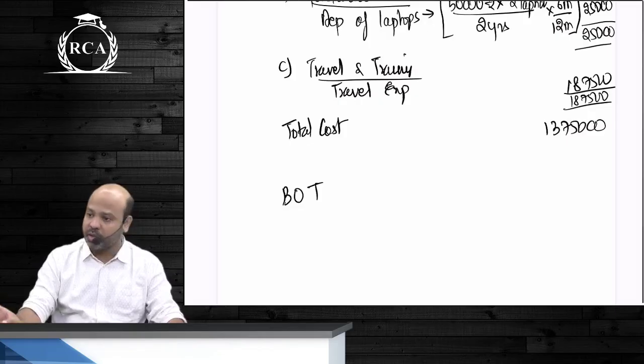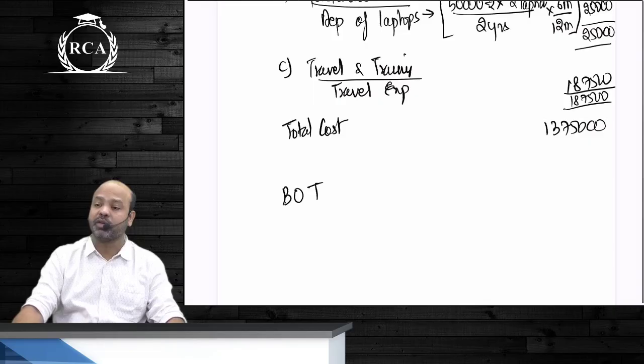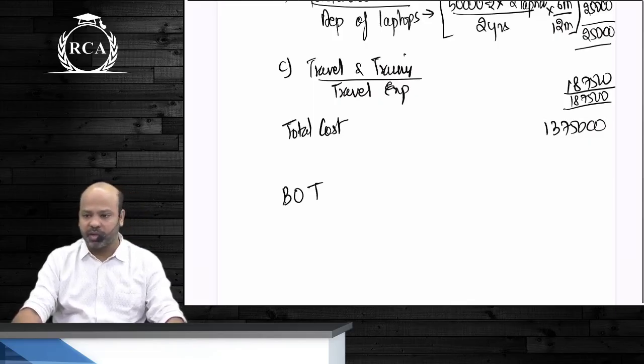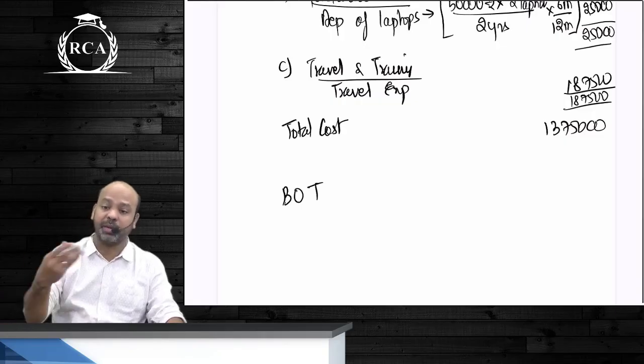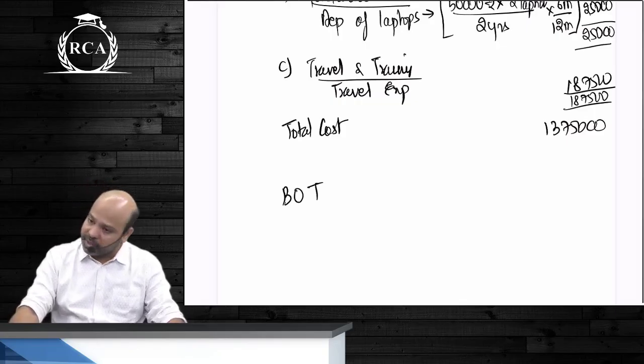Are we all clear? You just divide the cost into 2 categories, beta, called capital cost, that is the cost of constructing the entire project. And then, beta, there will be operating and maintenance cost. Usually capital cost will be directly given in the question. We will only have to take depreciation of that capital cost. You will not include the entire capital cost in your cost statement. You will have to include your operating and maintenance cost.